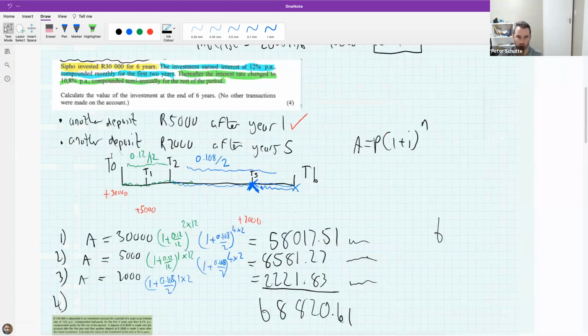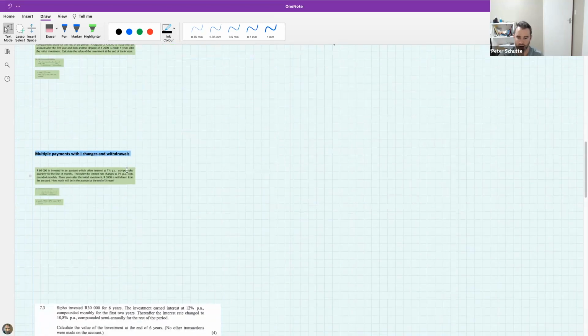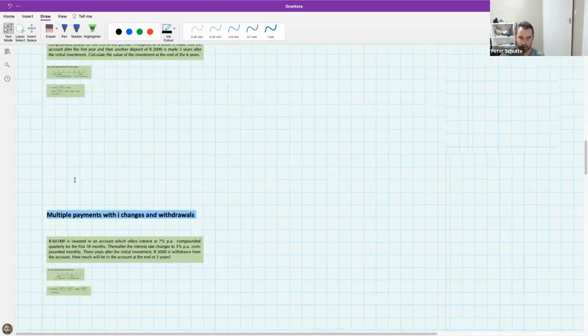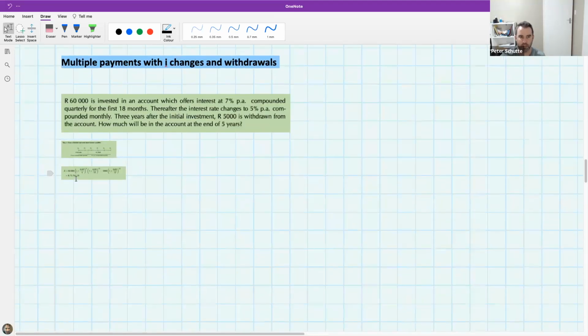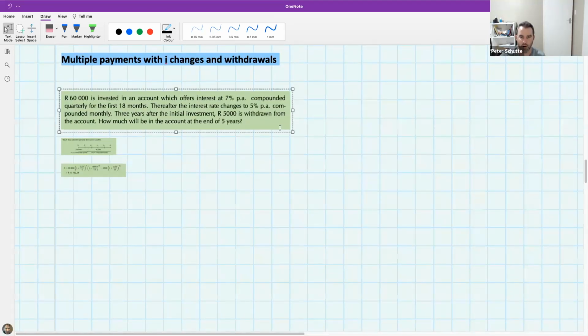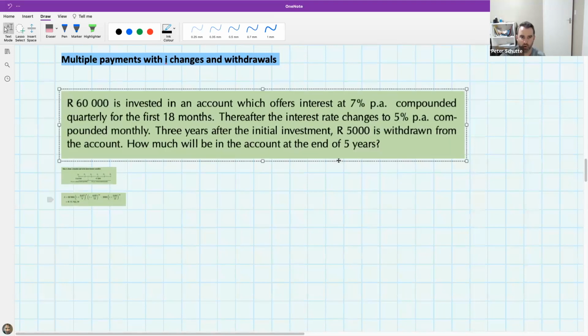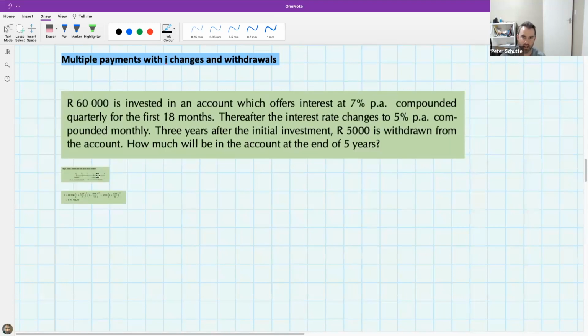Okay, let us go to a different type of question. And we're only going to do 1 or 2 of these. And it's just a slight variation of what we've been doing so far. But take a moment to read the question, and I want to know from you, and I'd love to hear a voice or a comment about what is different about this question. What is different about this question compared to the previous one?